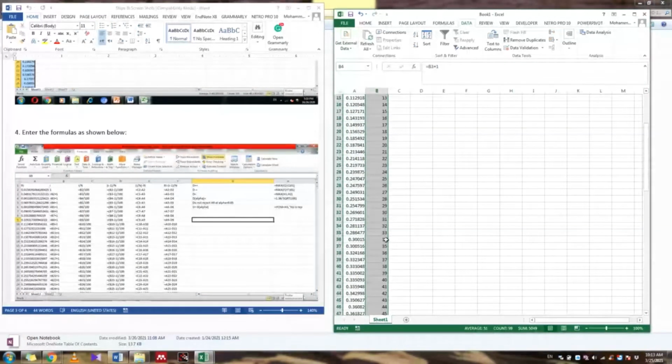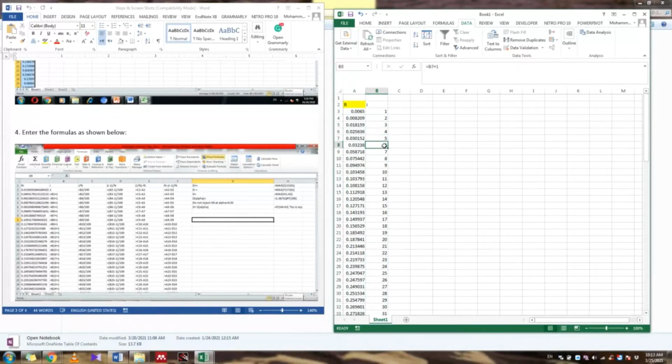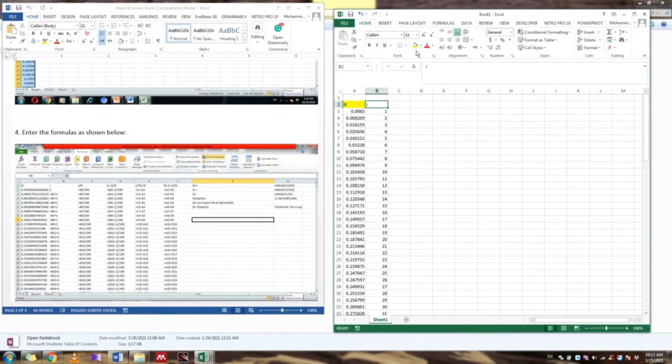Okay. So B4, B5, B6 automatic formula will come. So this column is finished. Now next, put i divided by capital N.